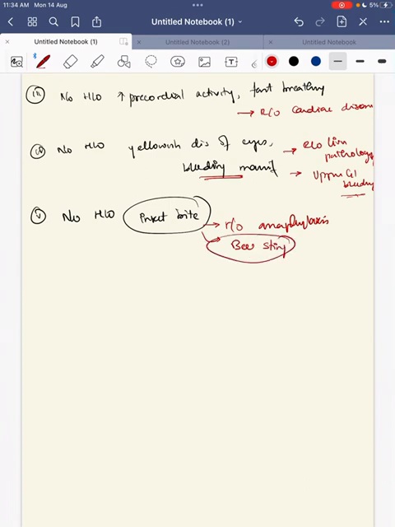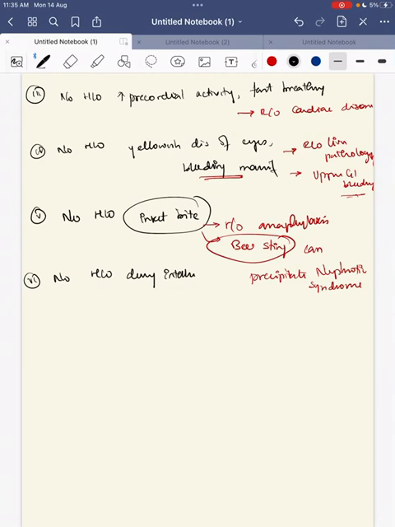Next, bee sting. Which insect can precipitate nephrotic syndrome? Bee sting can precipitate nephrotic syndrome, and even snake bite can precipitate nephrotic syndrome, or it can be a secondary cause of nephrotic syndrome. Okay. Next,